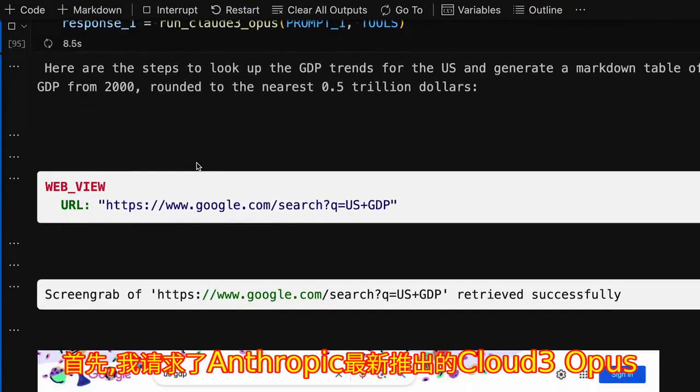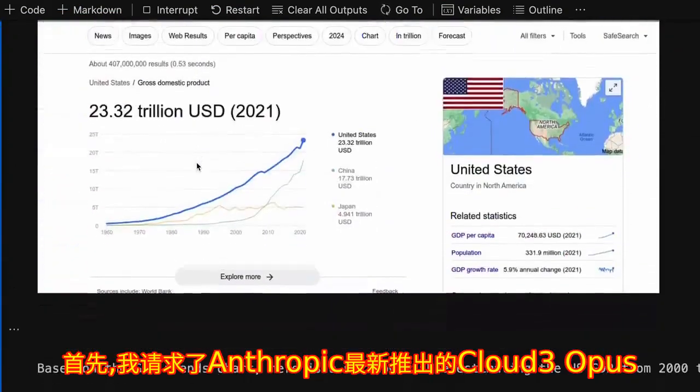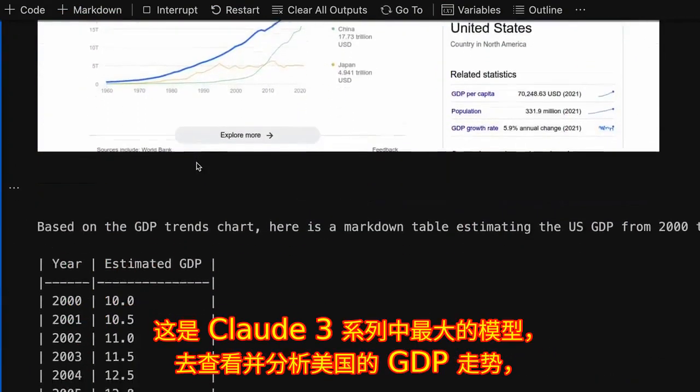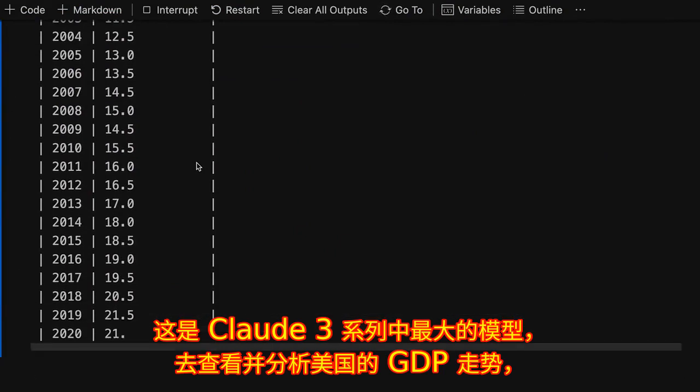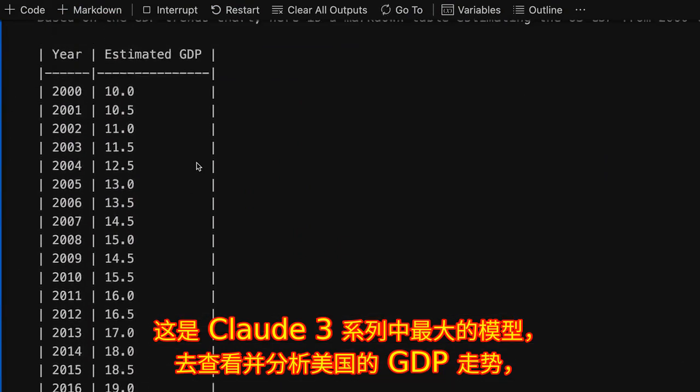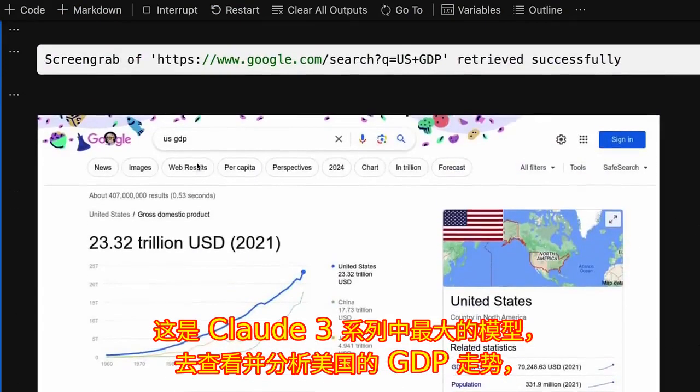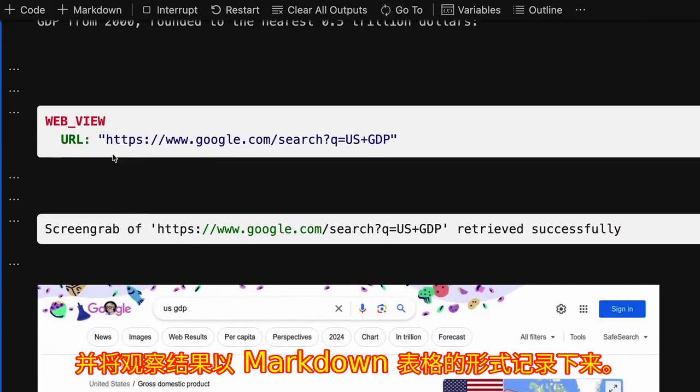Anthropic's new Claude 3 family, to look at the GDP trends for the US and write down a markdown table of what it sees. We've given Opus and all the other models in the Claude 3 family extensive training on tools, and one of the major